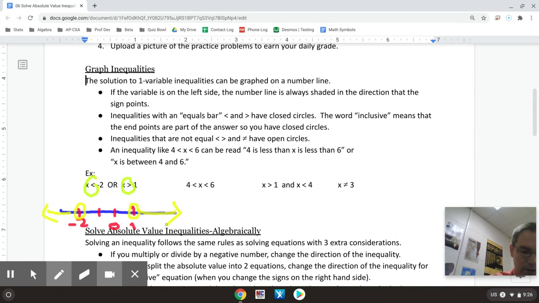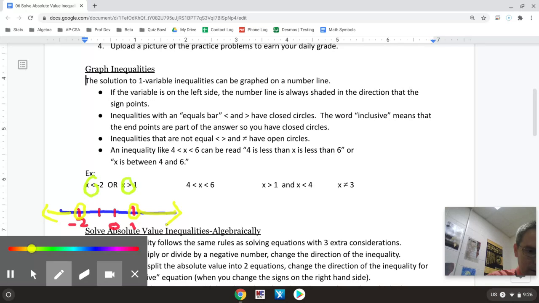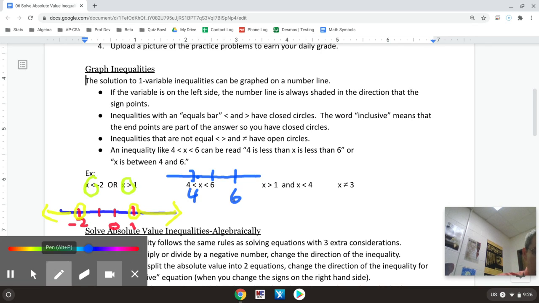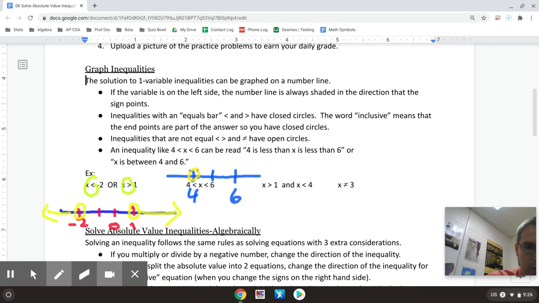Now, when I go ahead and try the next one, let me go ahead and do this one above so they don't all run together. And once again, I'm not too picky, but give me a 4, there's a 5, there's a 6. That gives you an idea of where the number line would be. Once again, these do not have equal symbols, so I'm going to need open circles. I'm going to use that yellowish color again. So an open circle on the 4, since there was no equal on the 4, an open circle on the